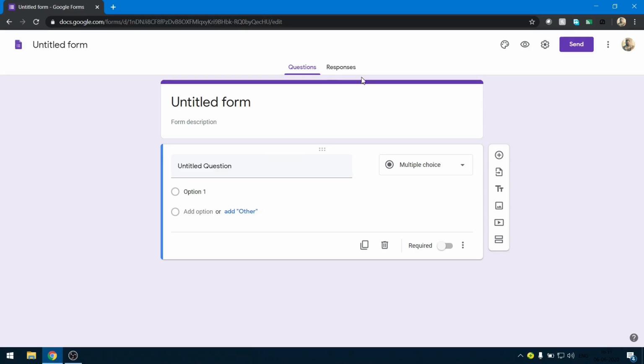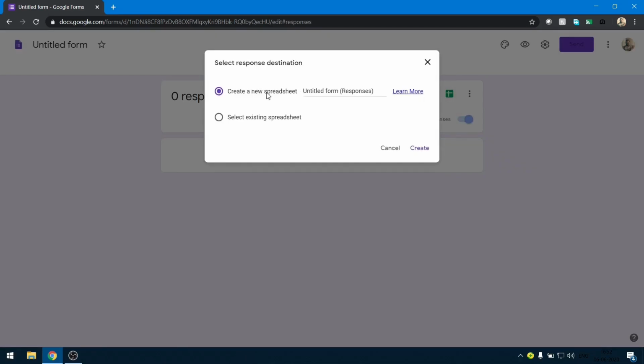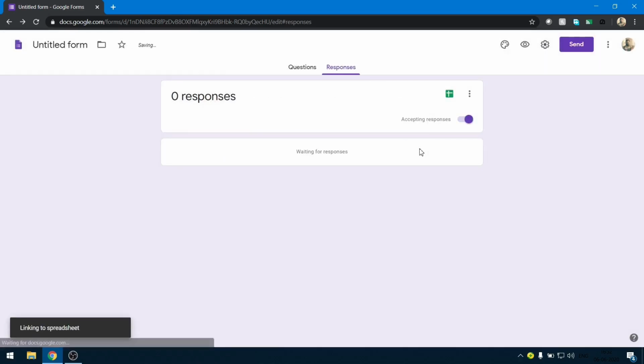On top of the form, you have two different sections, the questions and response. Questions will display all the questions, and response sections contains all the different response from your students. For every Google form, it is better to link a spreadsheet with the form. Click on the spreadsheet icon so that you can create a new spreadsheet or select an existing spreadsheet. In this case, I am going to create a new spreadsheet so that all the responses will be stored in